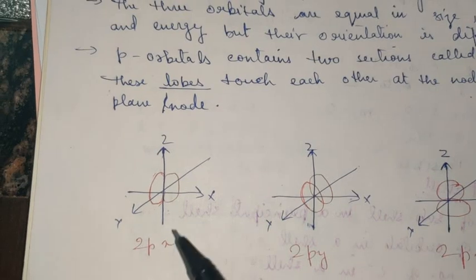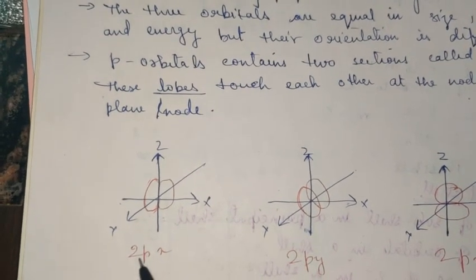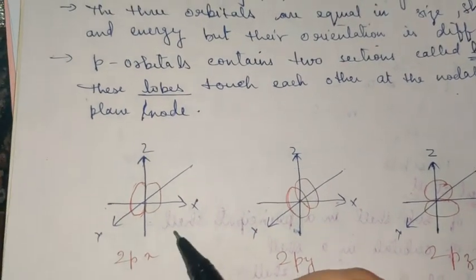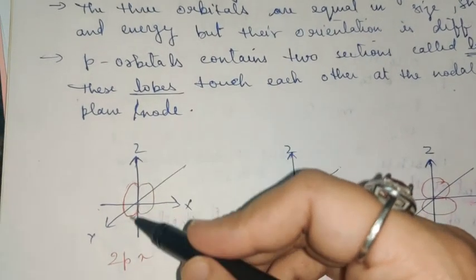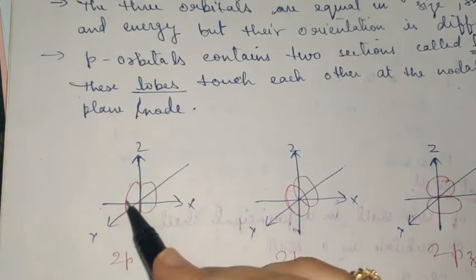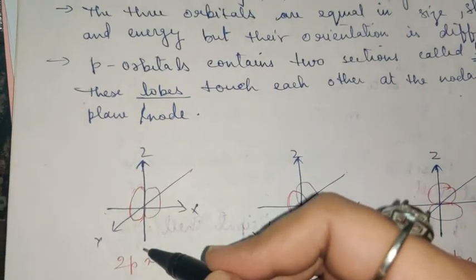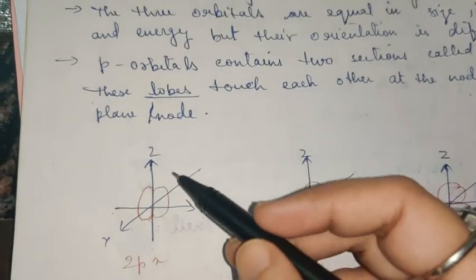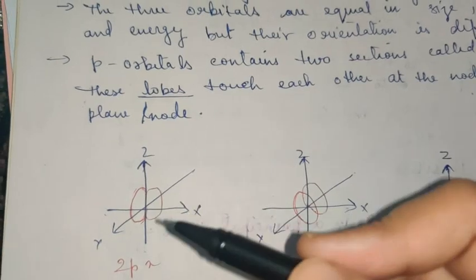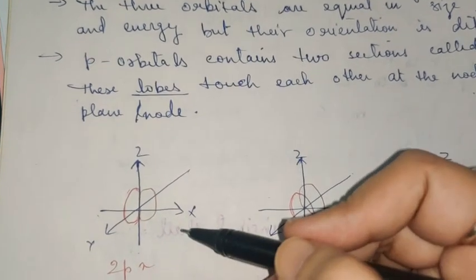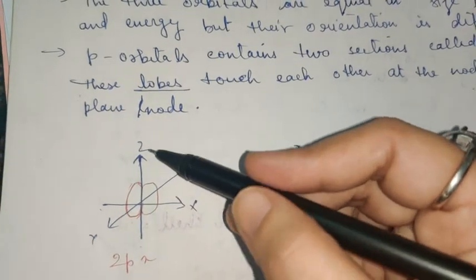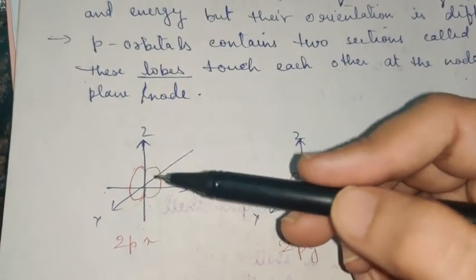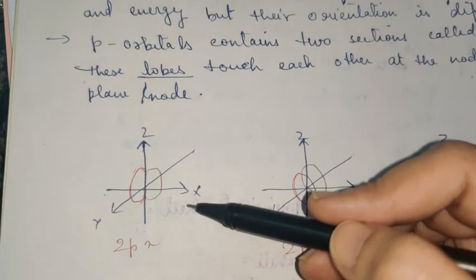This is just an example of 2p, meaning we are in the second shell. Even if you don't mention this, it will be okay. So this is px. You can see that there are 3 axes, x, y and z, and all the 3 axes are perpendicular to each other. This is a mathematical concept. You must have done this in statistics, when you learn to draw graphs and depict something in 3 dimensions, we show x, y, z axes which are mutually perpendicular to each other.